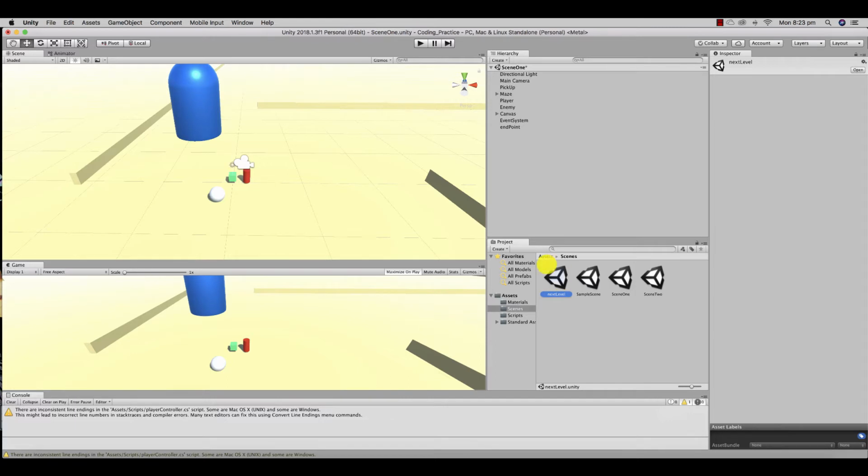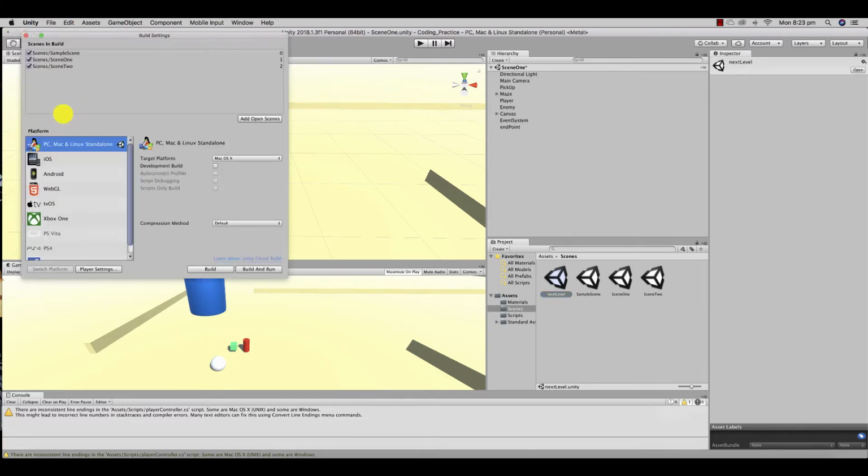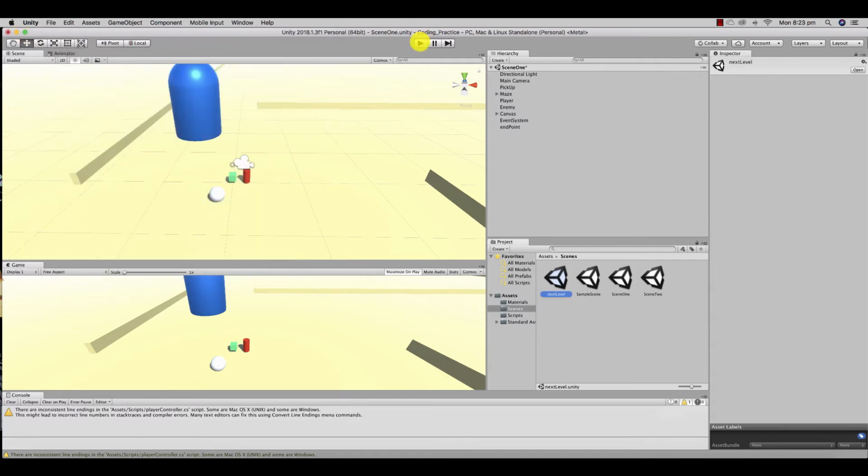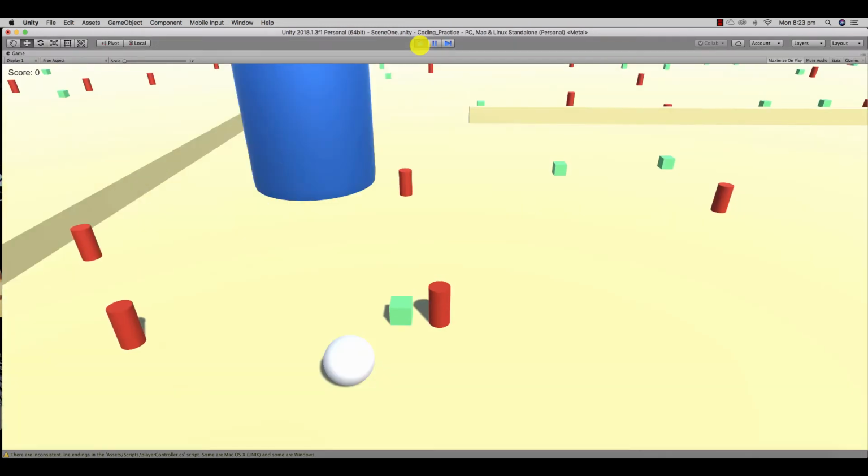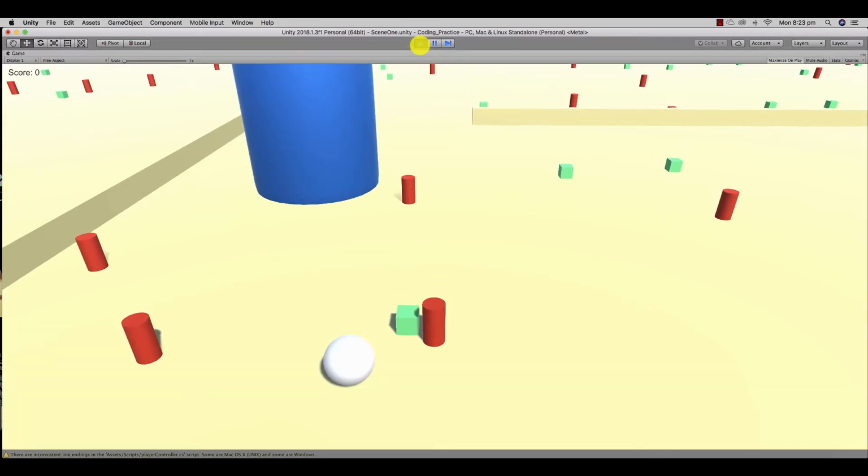And we also need to add that to our build settings. So if we come up to our file build settings, again we can see I have 3 scenes in my build, but I actually have 4 scenes in my asset window that I want it to relate to. So I need to add that scene to my build settings, and I can close it. So now when I press play, I should see that my endpoint